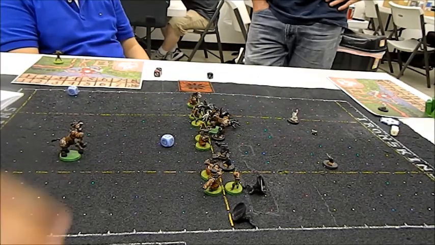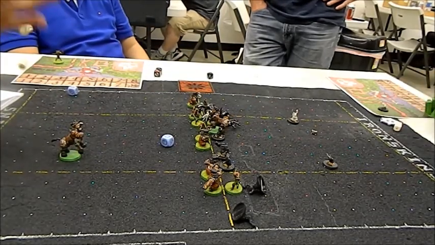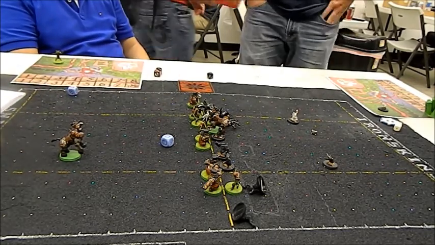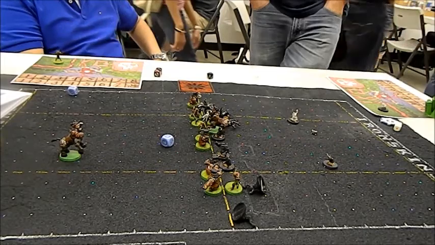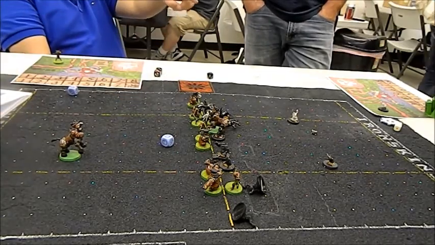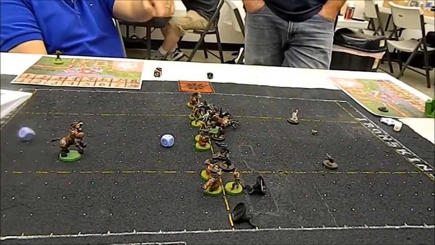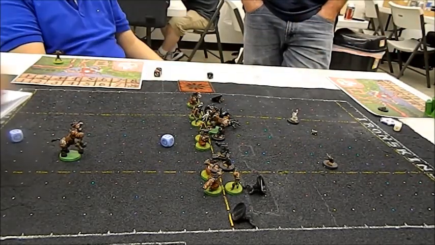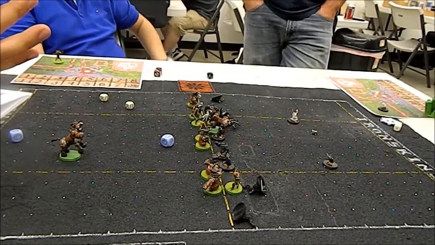Chaos Dwarves going right at the big guy, pummeling the Nurgle front line there, which is very dangerous for Nurgle. Nurgle is in a very dangerous position right now. They have no guys surrounding the ball, and if the Dwarves can block their way through,